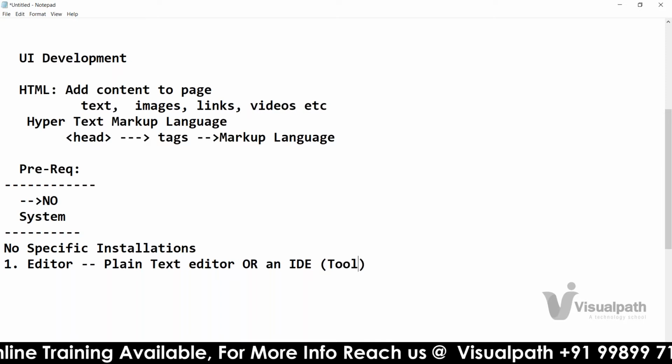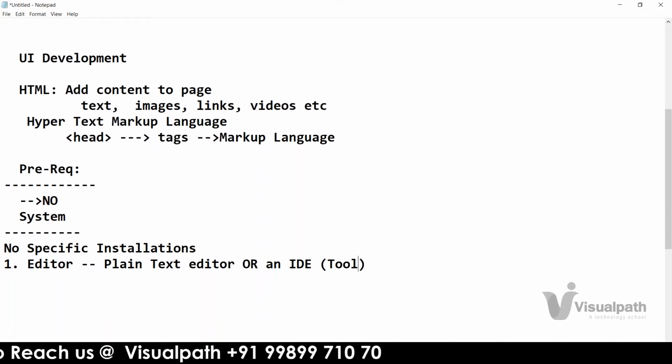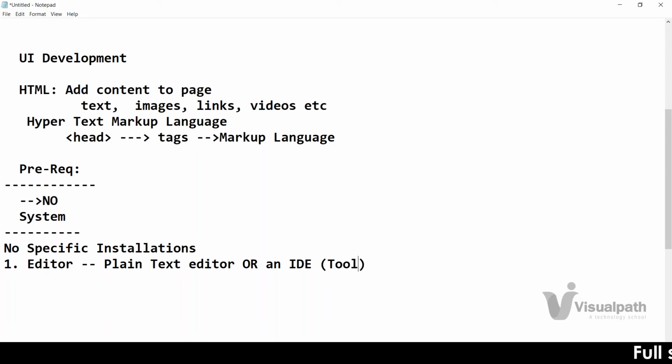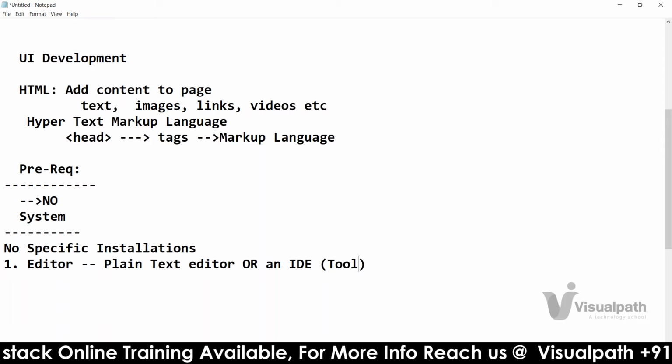So you can write the code in a normal text editor like Notepad or Notepad++, or any other plain text editor, or you can have an IDE also. But at this beginning level, I don't want you to use any IDE now. If you have one, also fine, you can use it, but at the beginning stage I recommend you don't use it.